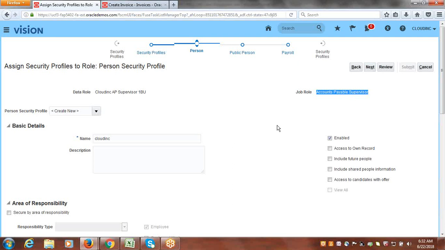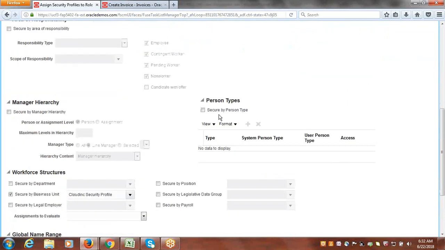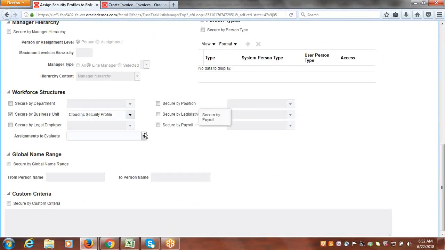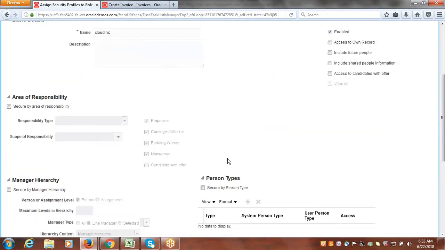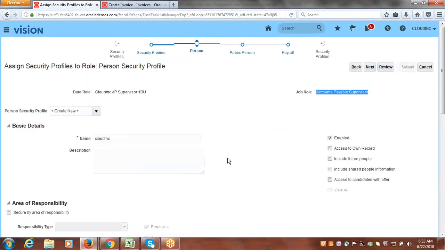But here no profile option is required. By using this task you will be able to do it. So we gave this specification. System will look for these fields as mandatory. Assignment to evaluate, it's all related to HCM. You select all. Otherwise without giving this, if you try to save, it won't allow. Okay, done. Now you can just click on next,